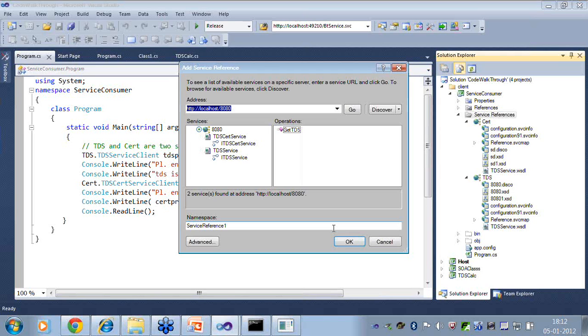So this is what Add Service Reference gives us. Through this tool we can introspect and see what all methods are available in a particular service, and what all services are available at one particular address. And then we can have the service